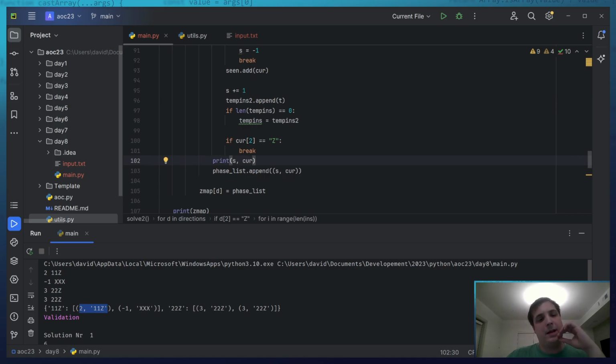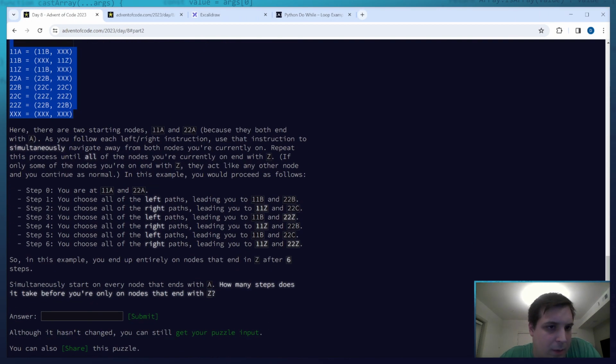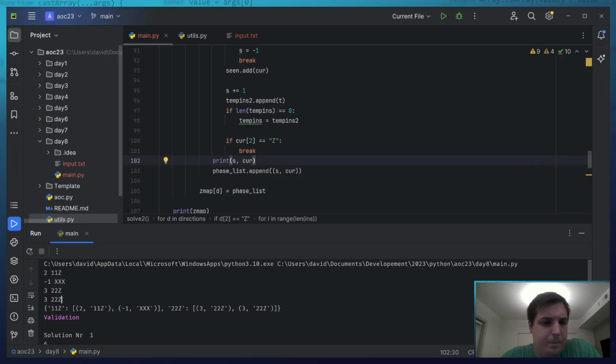Must start at a stage where it reaches itself. Does the code actually? Yeah. For 2z, we reach 2z always in 3. Apparently it's 2 different paths, but always in 3.